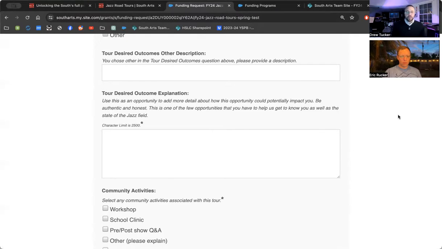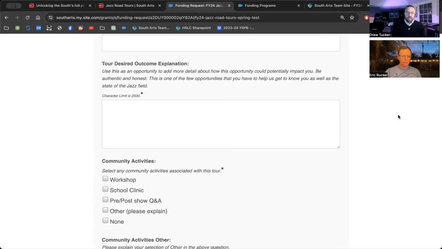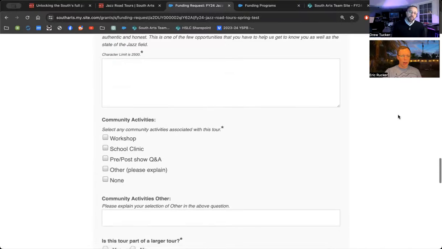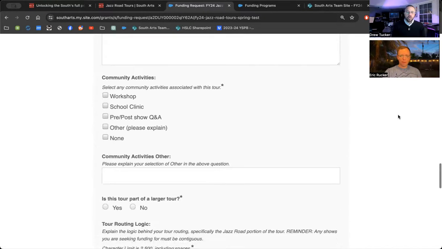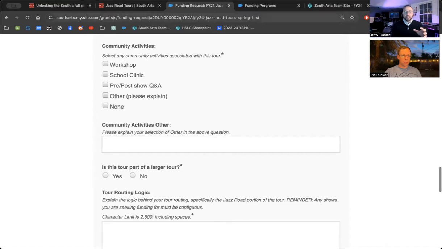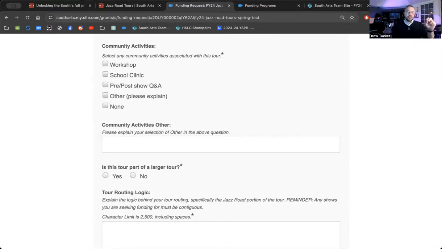And if you need to, great. Just make sure you're saying something that's meaningful. Community activities. Really, to be clear, Jazz Row does not fund community activities, but when you're doing community activities around the performances that are being funded, it does help to make your application more competitive, because usually our data has